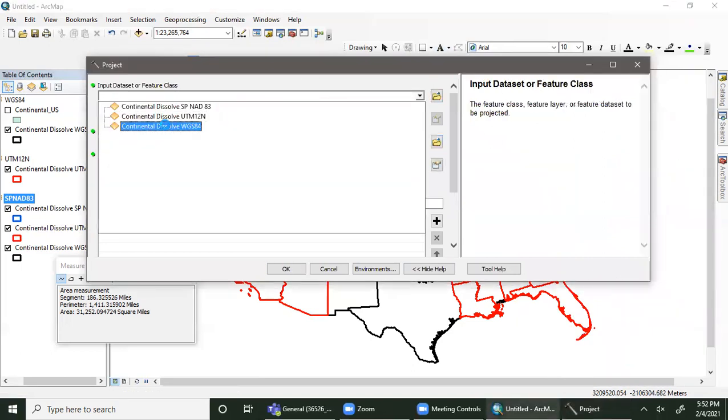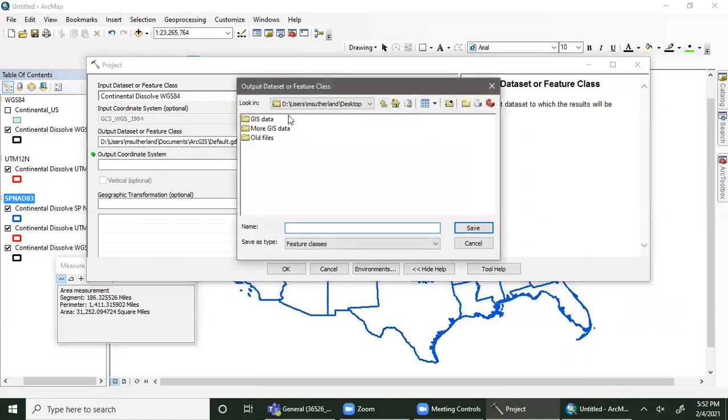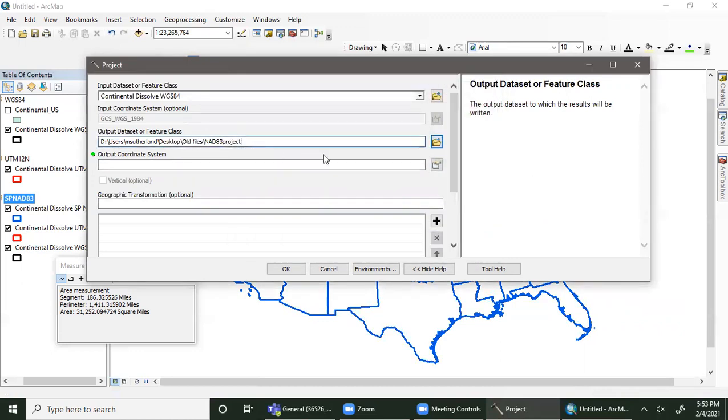And we want to take WGS NAD 84 or UTM 12 North, select that. It's going to automatically read that as your input file and say it is in WGS 1984, which was our second green dot saying we have to fill that out, but it read that coordinate system. Now you don't have to put this in a different location, but if you don't, it's going to go to your default geodatabase, so tell it where you want it to go. And our output coordinate system